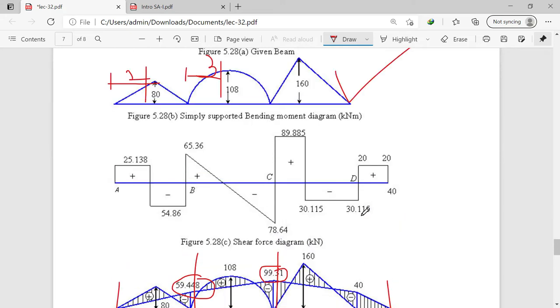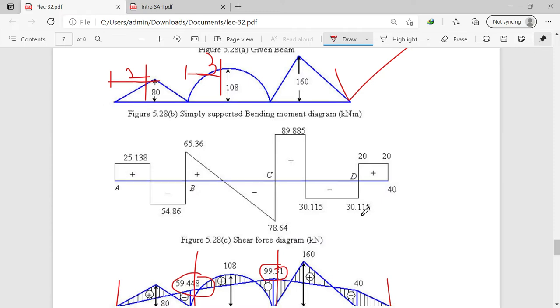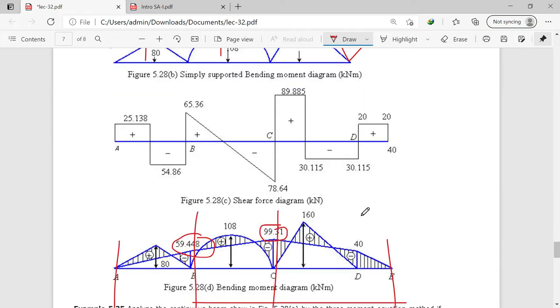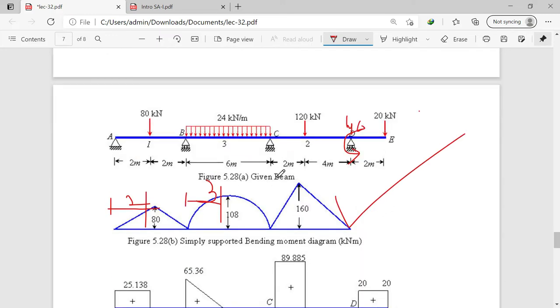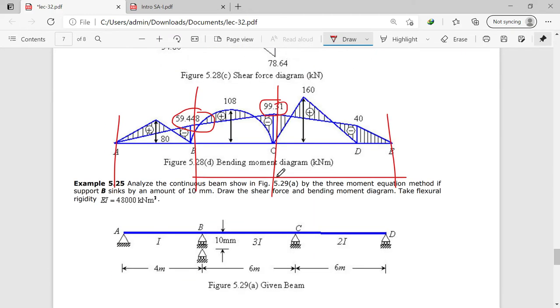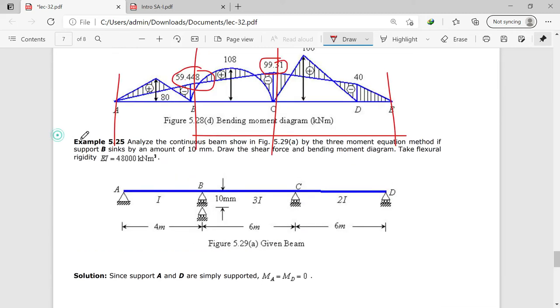Okay, so always remember in your examination you are asked to solve the bending moment. If in the examination it is required to calculate the shear force, then and only then you have to calculate the shear force and draw the shear force diagram. Okay, so this is another typical example which was asked in the examination. Now next is the effect of sinking of support. Okay, so this is a very important numerical.